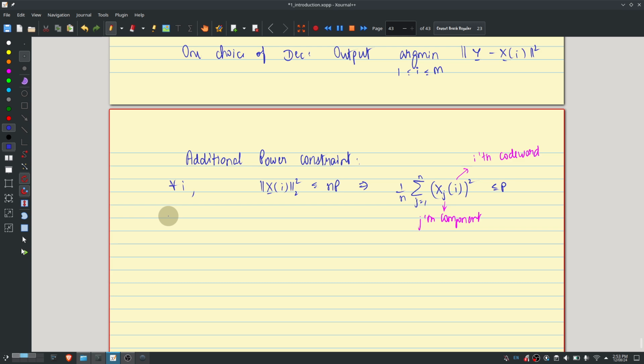Now this is part of the codebook design. How do you design a good encoder? But let's first try to analyze the decoder. Suppose somebody gives you a codebook. Can I derive a bound on the probability of error for this particular code? May not be exactly the probability of error that is achieved by that, but even if I can get a decent enough bound, that's good enough for me, right? So let's try to do that.